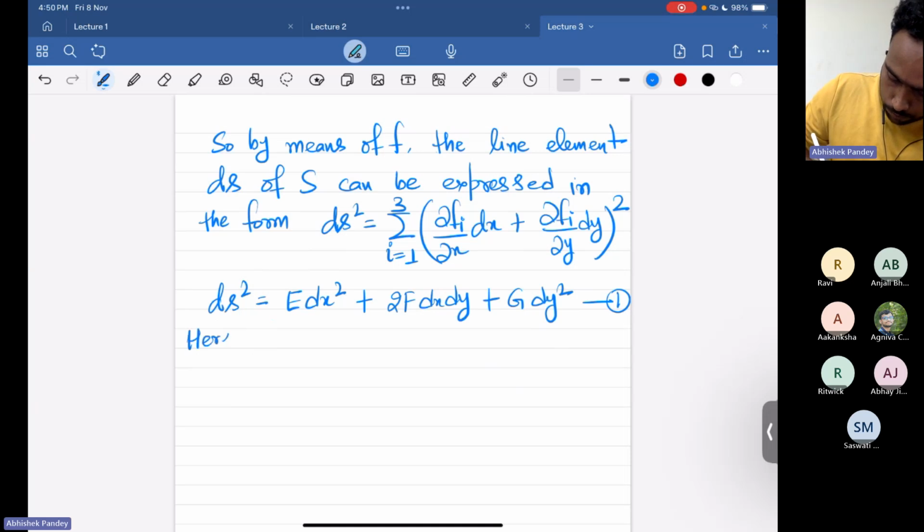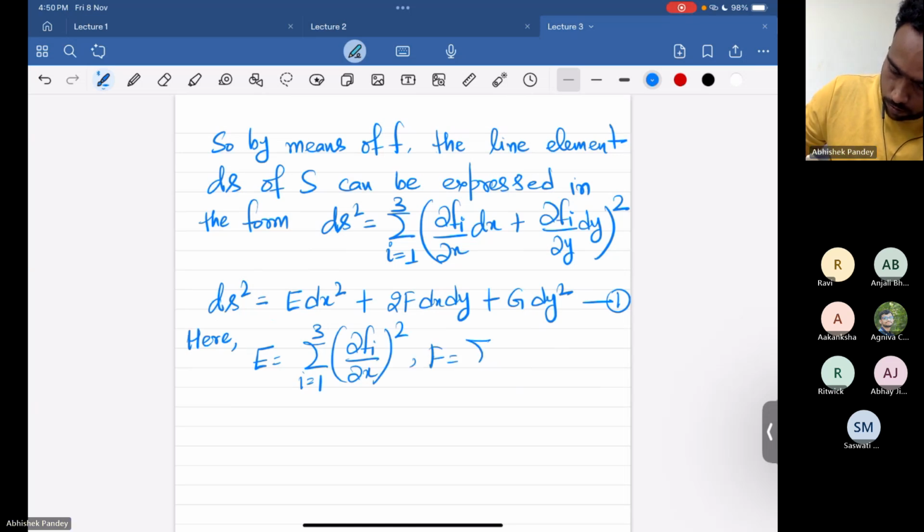So here E is the sum of delta phi square and F is